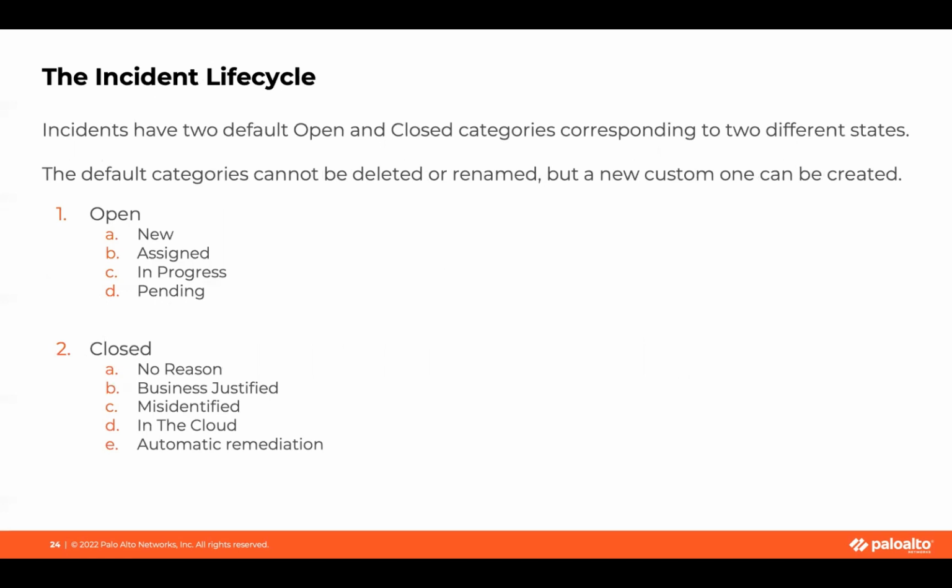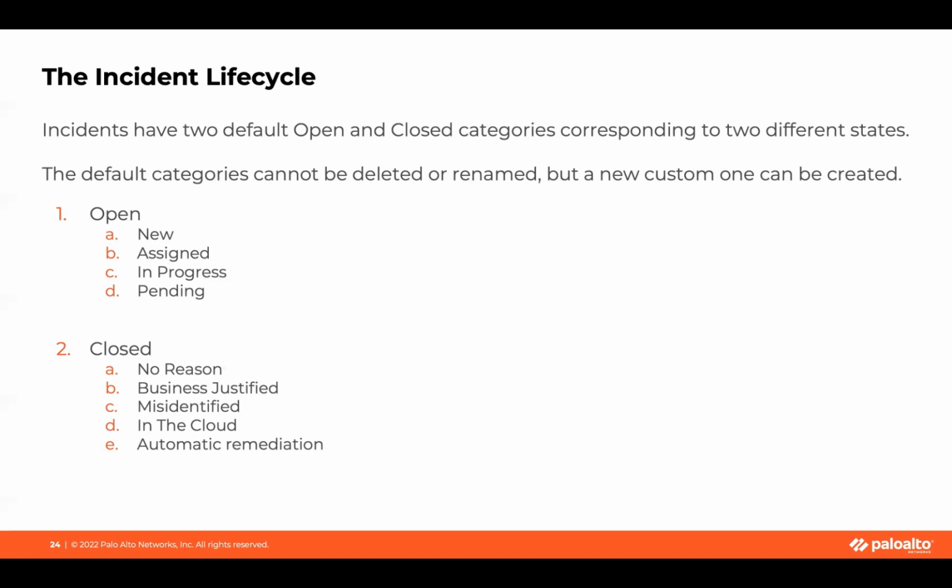When an incident is created, it is automatically in the new state. It needs to be reviewed and assessed. Then it can be assigned to an admin, in which case the state will change to assigned. When the incident is under investigation, the state can be changed to in progress. While the work is in progress, if some actions are required to complete the investigation, we can set the state